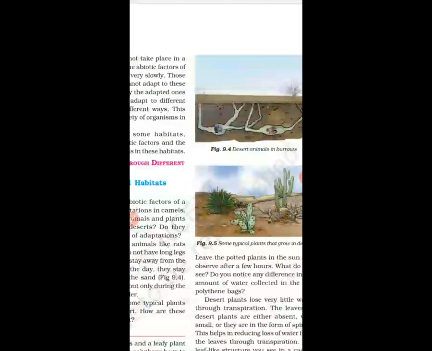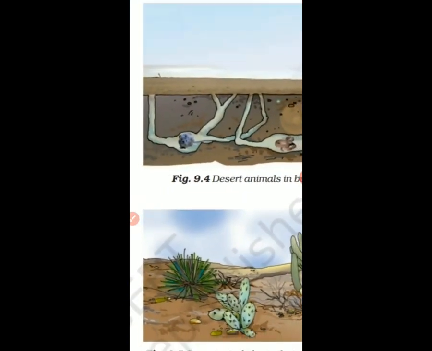How do they stay? They make a burrow, a hole, very deep under the soil so that they can be protected from the heat, the very heat that is there in the daytime, right? They come out during the night only when the atmosphere is cool. So this is their adaptation to survive in desert.